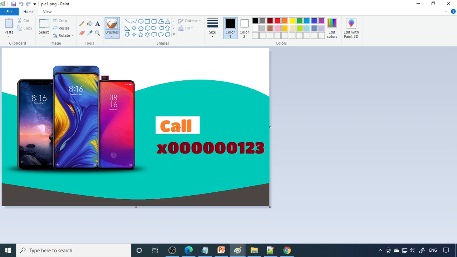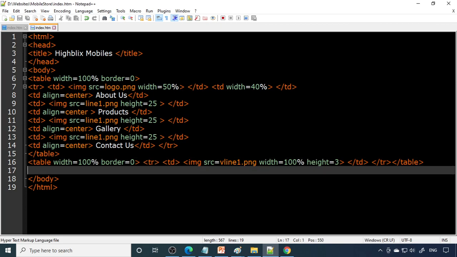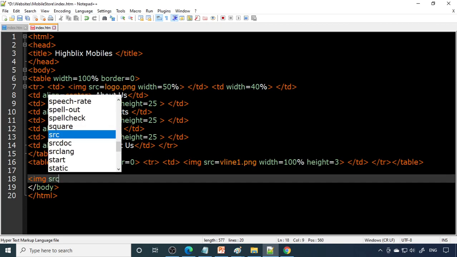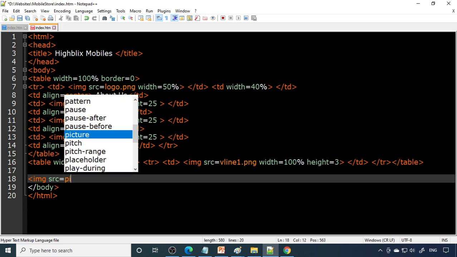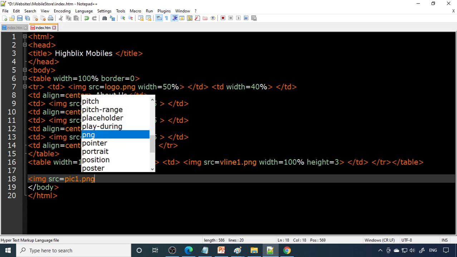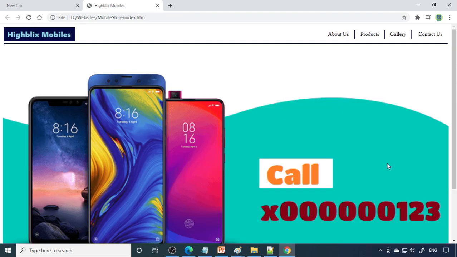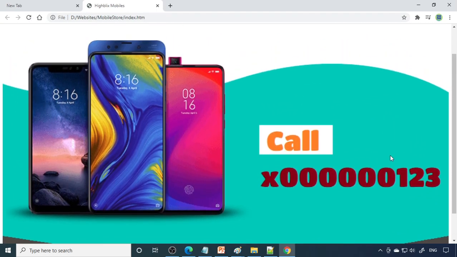Okay, let us use this picture only. I'll say image src is equal to pic1.png, and then width is equal to 100%.